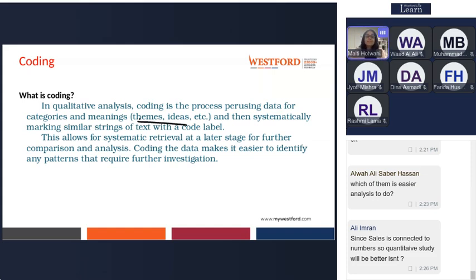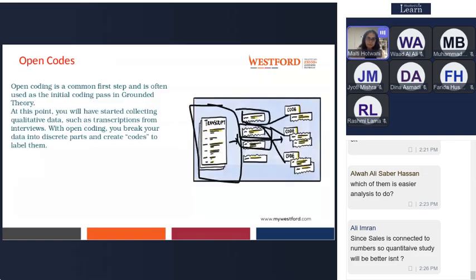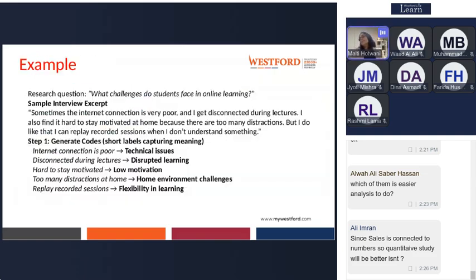Then these systematic themes at a later stage help you to compare and analyze the whole data. We'll come to the examples, don't worry. Right now, this is a simple example of how you can develop a code. Now one of the interview readings is this, and these are some of the codes developed. Just have a look at what I'm trying to say. If you read, it will be better.